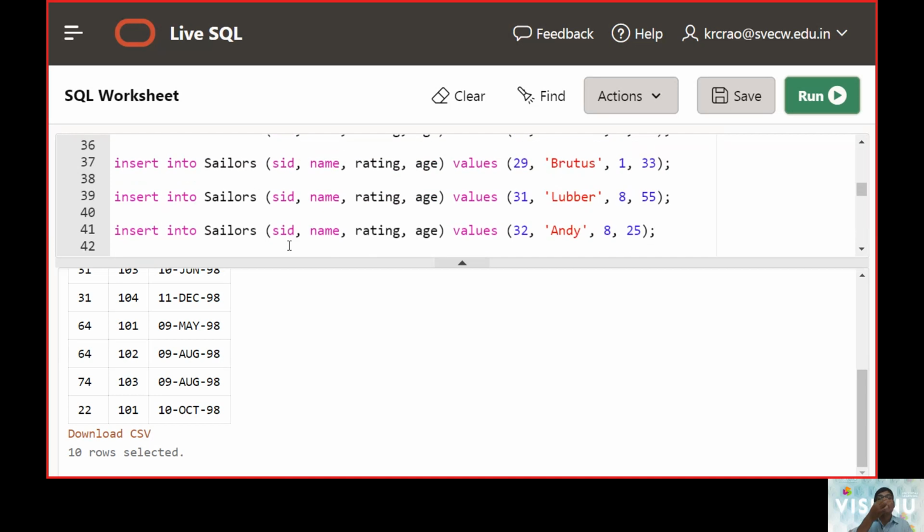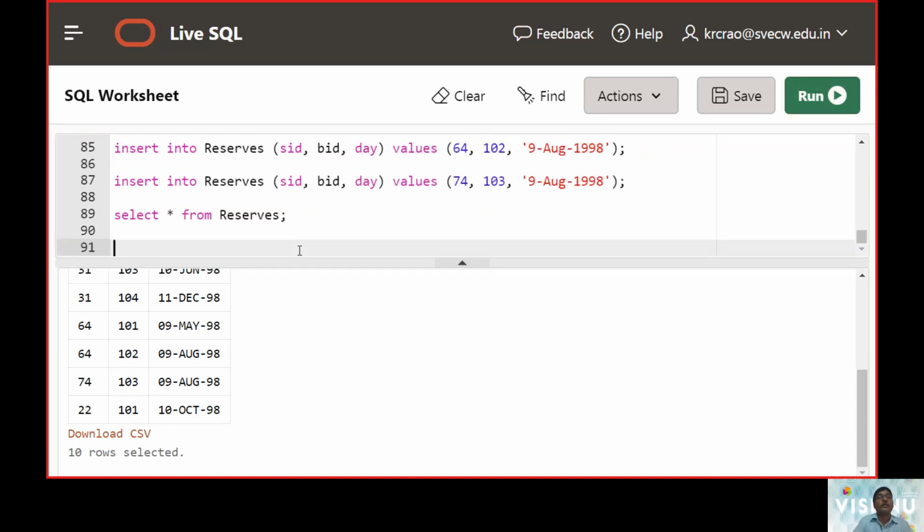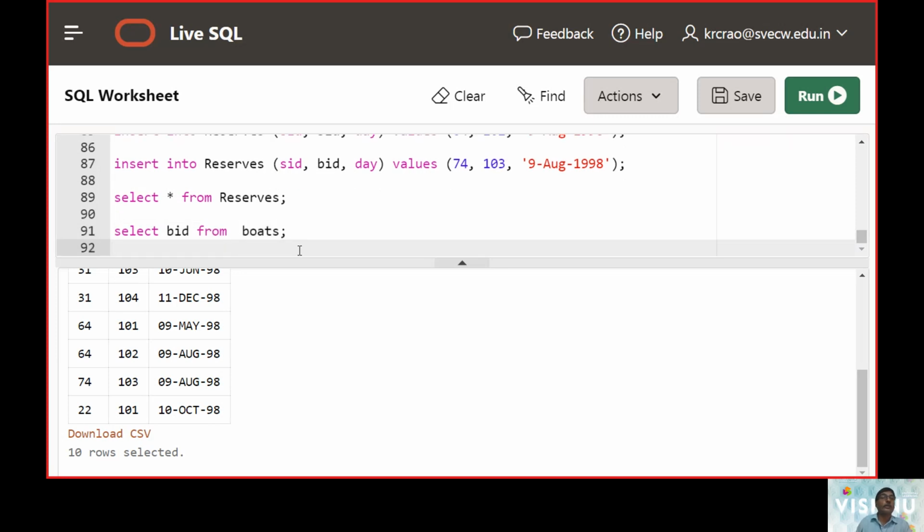Now I can see only the boat ID from boats, a simple query.